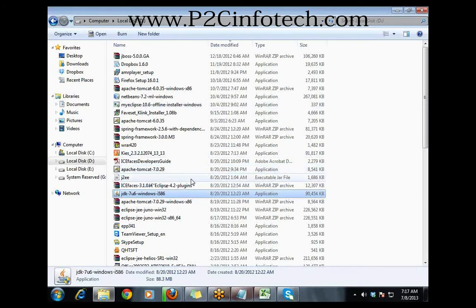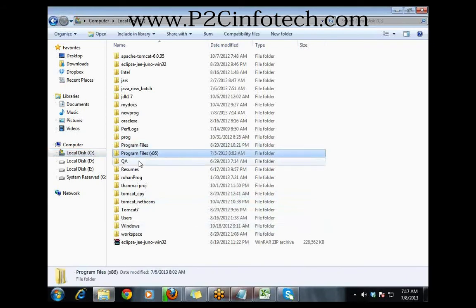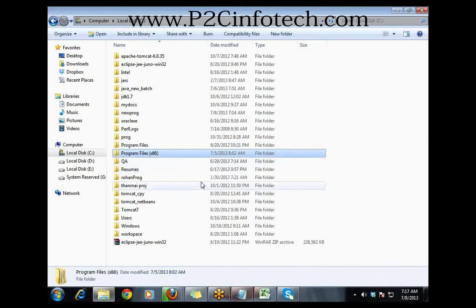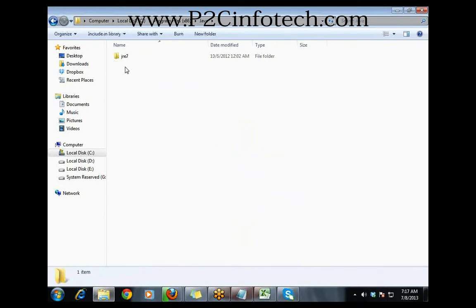How do you install? Okay, so what I am doing is I am maintaining a separate folder. When you start installing Java in your machine, every software you install in your system will install in the program files directory. You have two things, program files and program files x86. Program files is related to 64-bit Windows 7, x86 is relevant to 32-bit. If you install 32-bit Java, naturally the folder will be in program files x86 and Java.